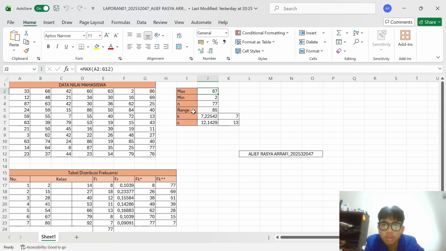I use the formula equal to MAX, from data 1 to G12, and the result is 87.